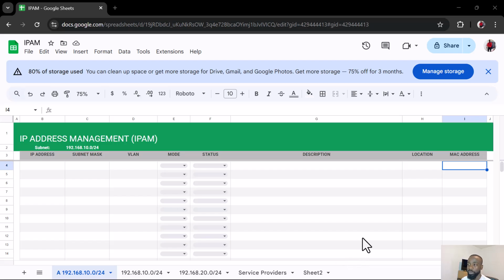On this spreadsheet, I've just done the background, the formatting, the design, and then I've frozen the first 3 rows, right? So that when you're scrolling, you're still able to see the table headings, right? Now I've given it a title, IP address management, and it's for the subnet 192.168.10.0/24. And I have IP addresses, subnet mask, VLAN, mode, status, description, location, and MAC address. These are some of the